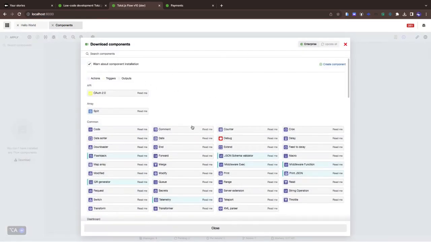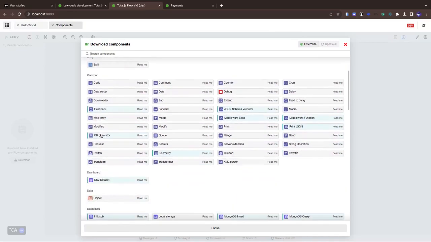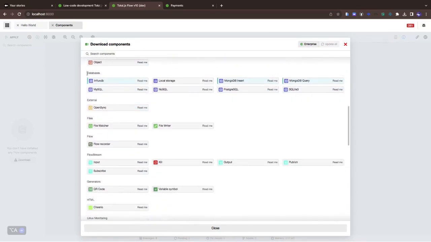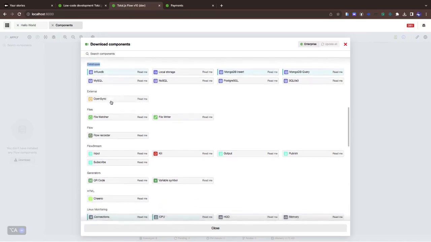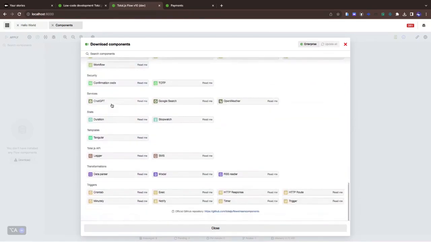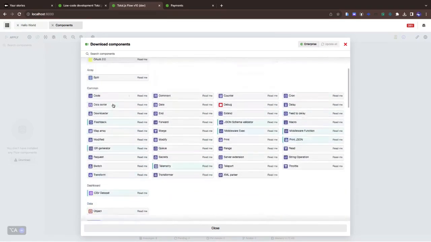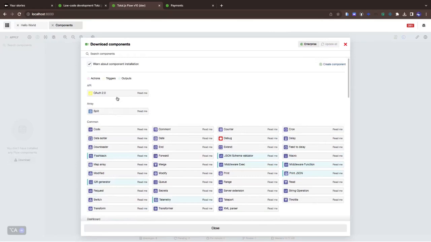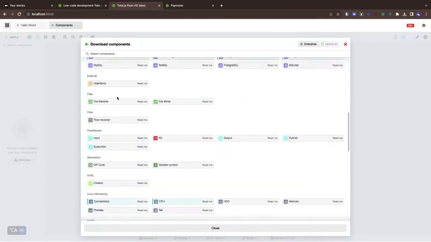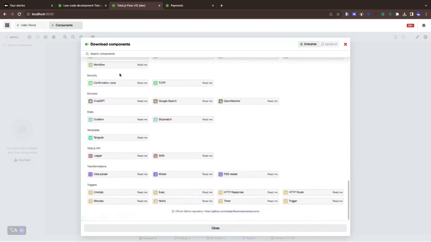How to install the components? You just scroll and see the categories, the groups of components, and you can choose the components from already existing ones and build your application. But we are going to focus on trigger components. If you get down here, you will find a group called trigger. On this trigger group are the trigger components that you can use to create and inject some data into